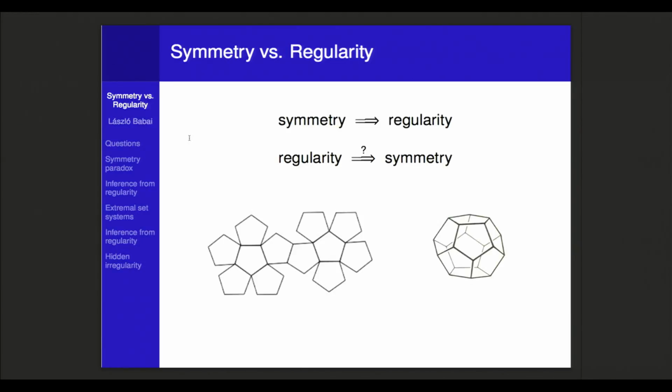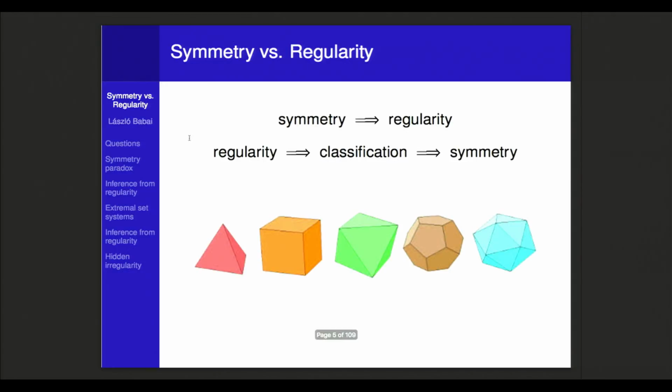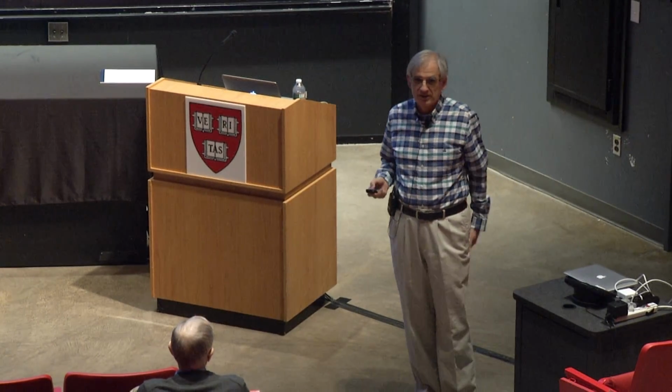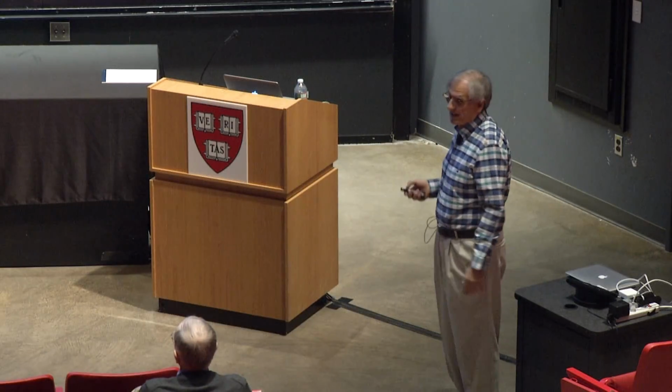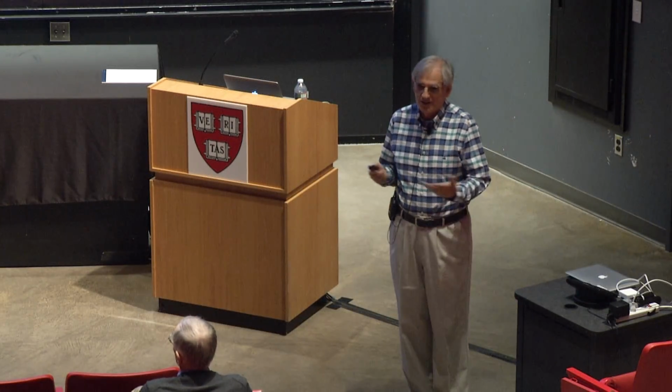The dodecahedron is defined in terms of regularity. We just prescribe what happens in every corner, and somehow magically then it folds up to something that actually is symmetrical. It has automorphisms. But that's a rare thing, and the reason that we can infer symmetry from regularity is because the condition is so strong that we can classify the objects that are defined by our regularity constraints. And of course, then we can inspect every one of them and just observe that it